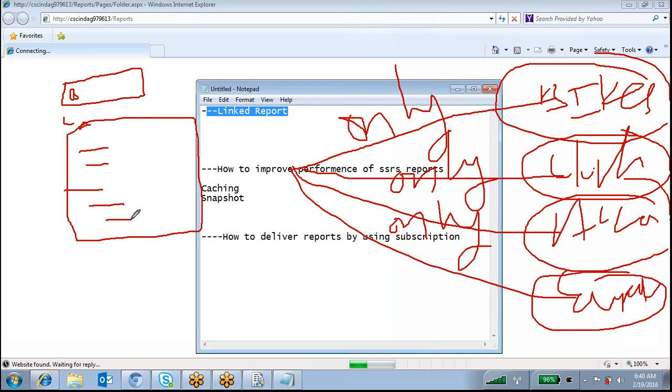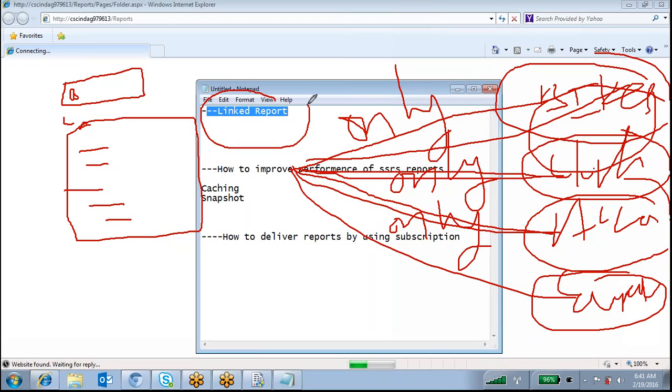But what I'm going to do here, I don't want to allow, for example, this clothing manager to see bikes information. And accessories manager, I don't want to allow to see remaining categories information. So in that kind of scenarios, we are going to create a linked report.